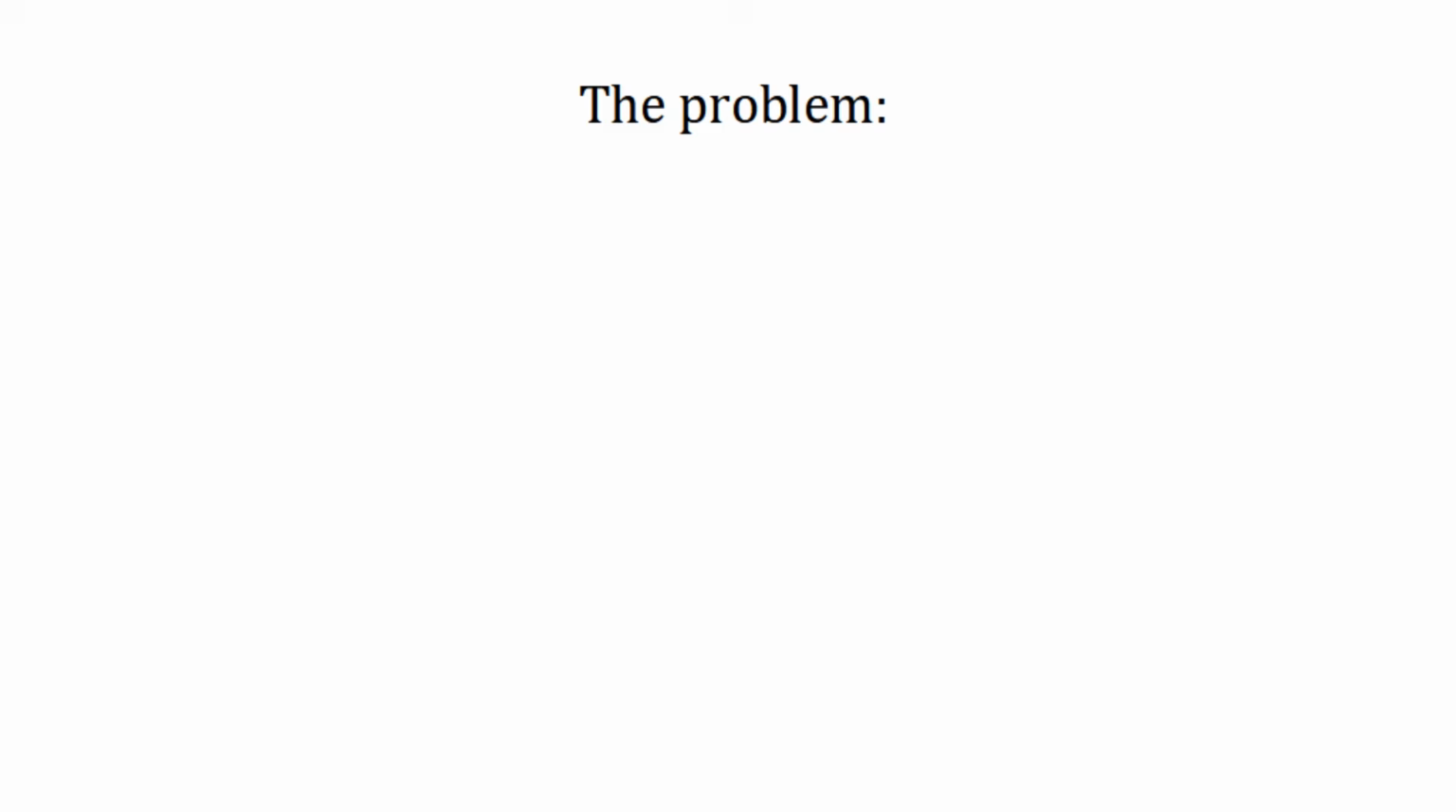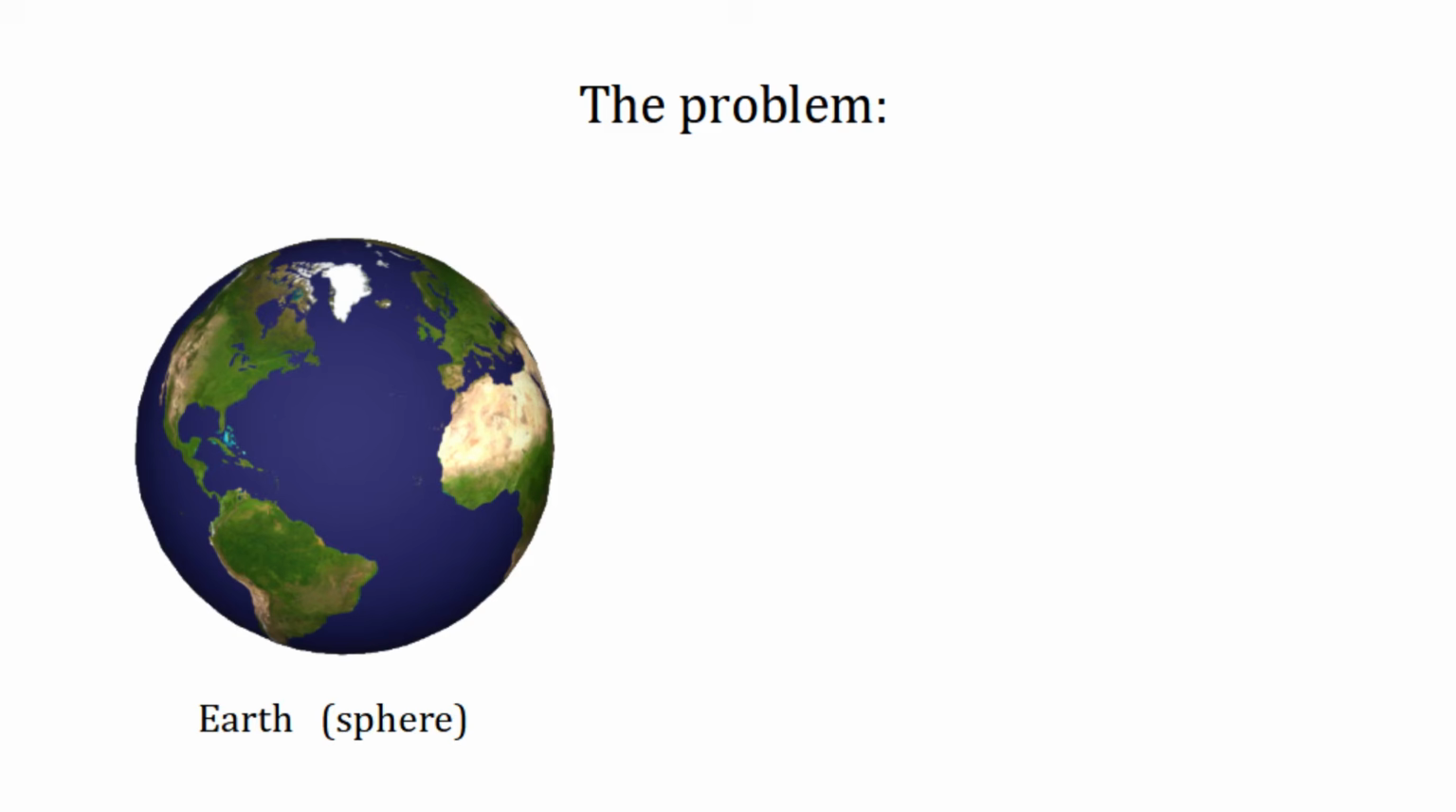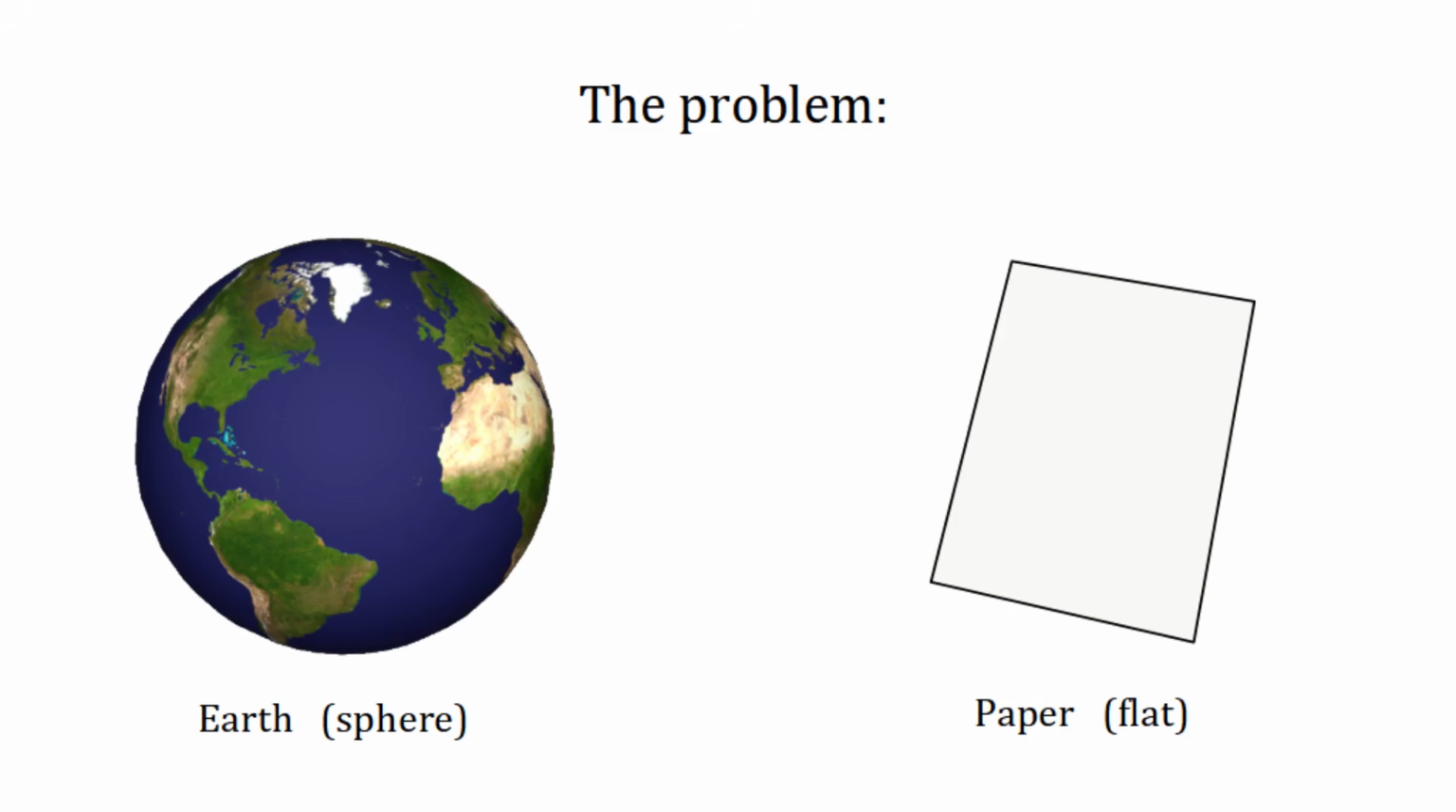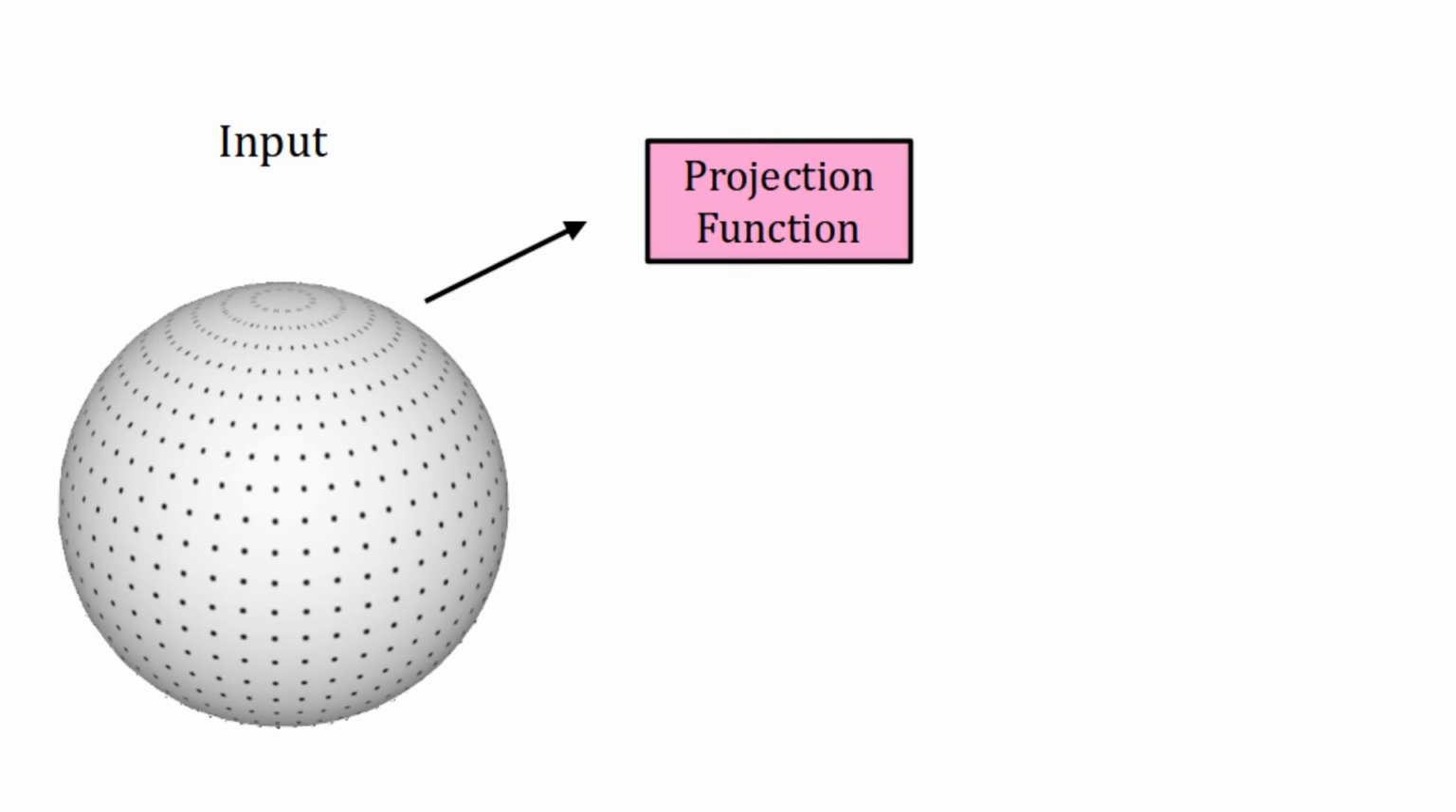That problem is as follows. As we all know, the Earth is a sphere. Paper, on the other hand, is flat. So how do you represent the entire surface of a sphere on a flat sheet of paper? The solution is you have to use a map projection. A map projection is a mathematical function that takes points on a sphere as input and produces points on a